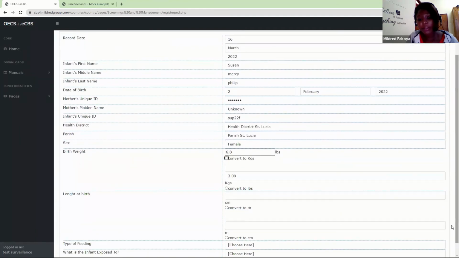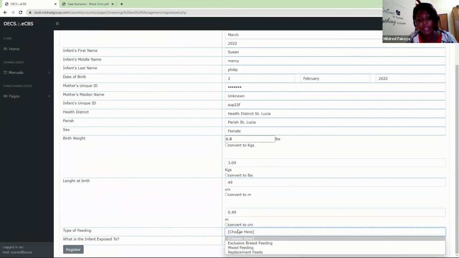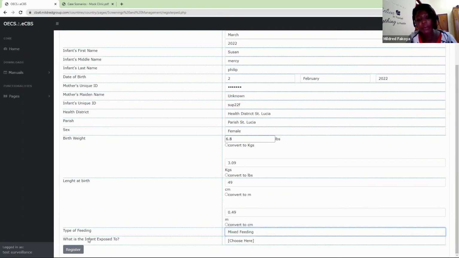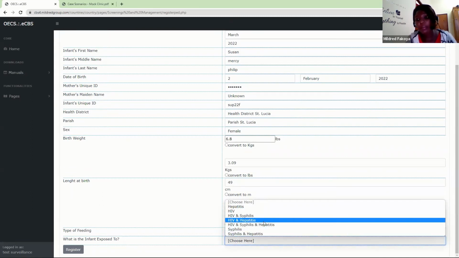The child was 49 cm long, and the child is currently going through mixed feeding. And what is the infant exposed to? So this is the added field to differentiate the registration and keep it on one form. So the system now uses this answer to send the data to the various tables where they need to be